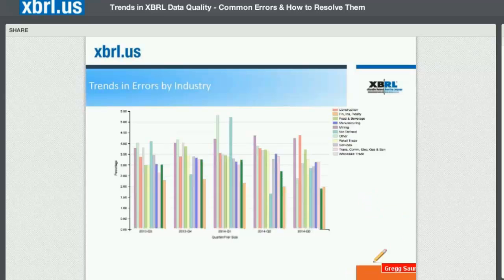Okay, this next chart takes a look at errors as a percentage of facts reported, and it looks at it on an industry basis. It's a little bit hard to read because there's a lot of data on this screen, but it gives you a picture of which industries are faring better than other industries. Financial services has a historical error rate of about 2.65 errors for every 100 facts reported, and that's in the most recent quarter. Mining, however, fares much, much worse, with higher errors for every 100 facts reported in the prior